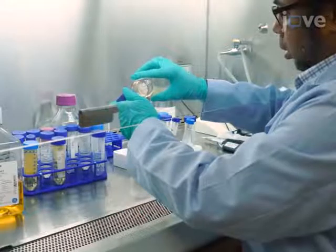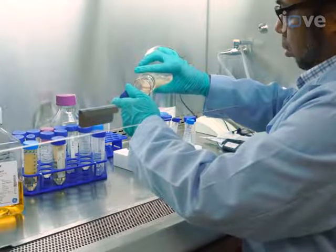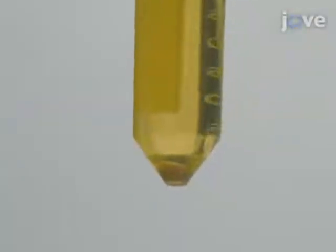After centrifuging the final baculovirus supernatant for 30 minutes at 1000 G and 4 degrees Celsius to separate the coarse cellular debris, transfer the supernatant to a